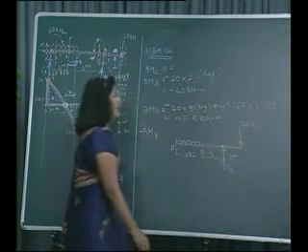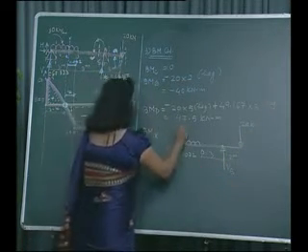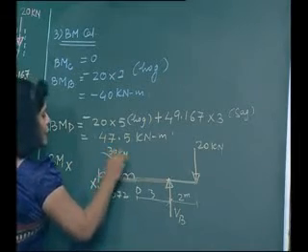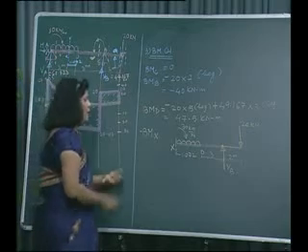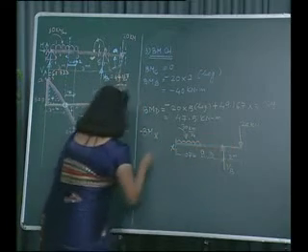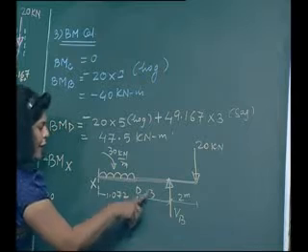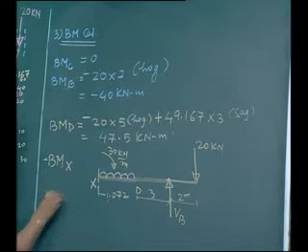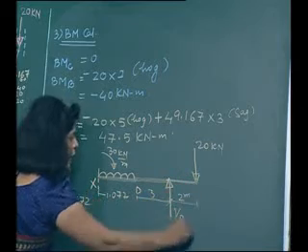So we have to take the bending moment at section X. At section X, this is my free body diagram. To start with, first is 20. So what is the distance up to section X? 2 plus 3, 5. 5 plus 1.072, that is 6.072, and it will rotate in this way.